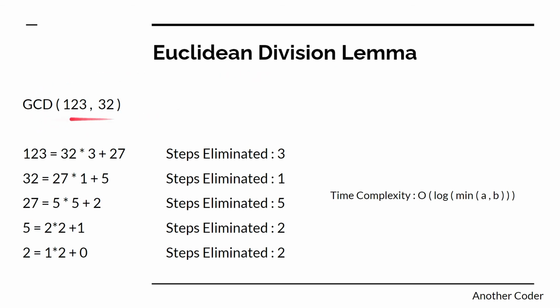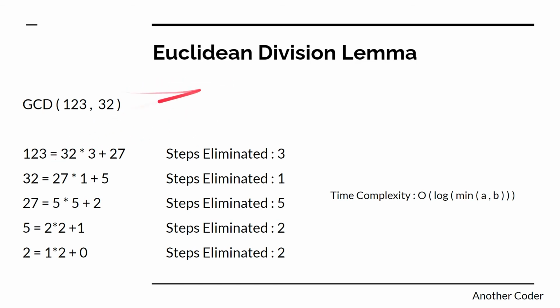So for example, if we have these two numbers 123 and 32, then if you go by the previous method, if we take A and B and convert it into A minus B and B. Now if we go by this particular method, then in the first step we have 123 and 32. In the next step we'll have 91 and 32. Then again we'll have 59 and 32. Then 27 and 32. But when the first number is smaller, then we'll swap those two elements. Then we'll finally have 32 and 27. Right. So this will keep on continuing till we get one of those numbers 0.